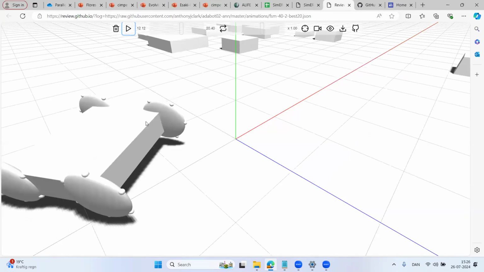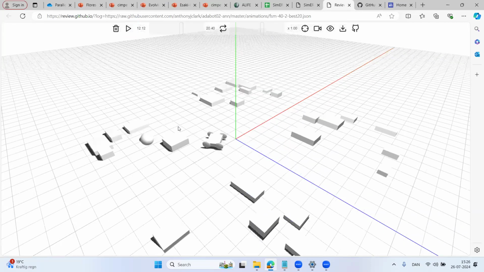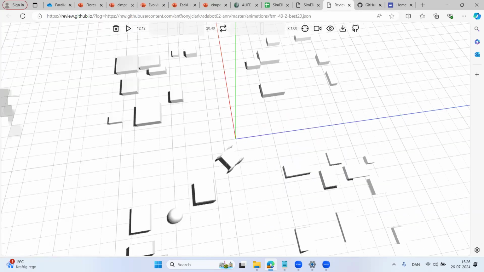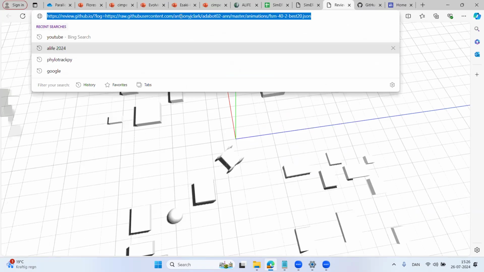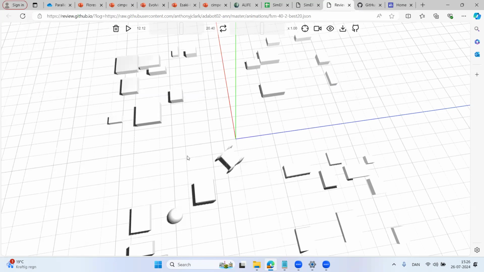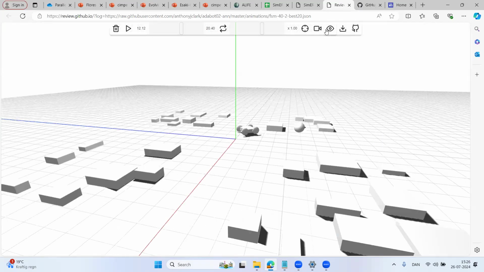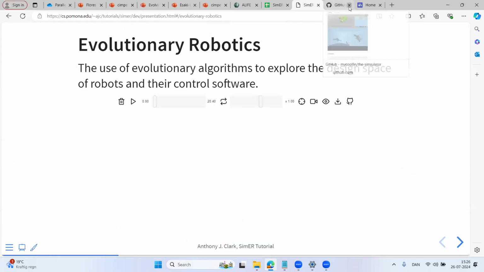If anybody's curious about this tool, I'm happy to talk about it later too. Essentially, I can just embed a link like the one at the top here in the URL bar into a paper, and then somebody can click on it and open it instead of a YouTube video or a Vimeo video playing. They actually get this nice visualization and they can drag around. It has a few other nice things like getting rid of colors if the color choice from the original person was not colorblind friendly, for example.